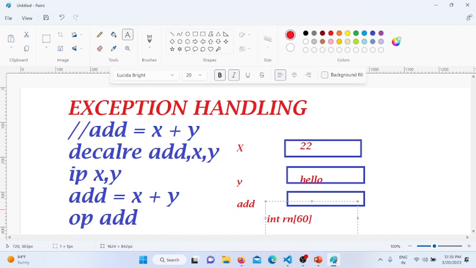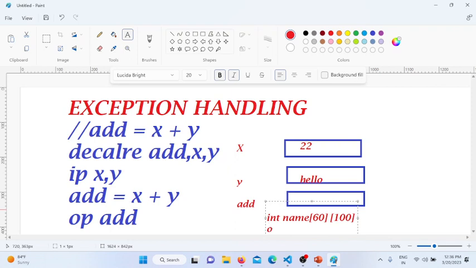Or better I take name, not roll number, name array, character array. There are 60 rows and 100 columns, meaning 60 student records are there, and I want to take the input of the students and print it back. That's it. This is a simple program where I take the input for the student names for 60 students and print it back. So it may happen that when I run the code,